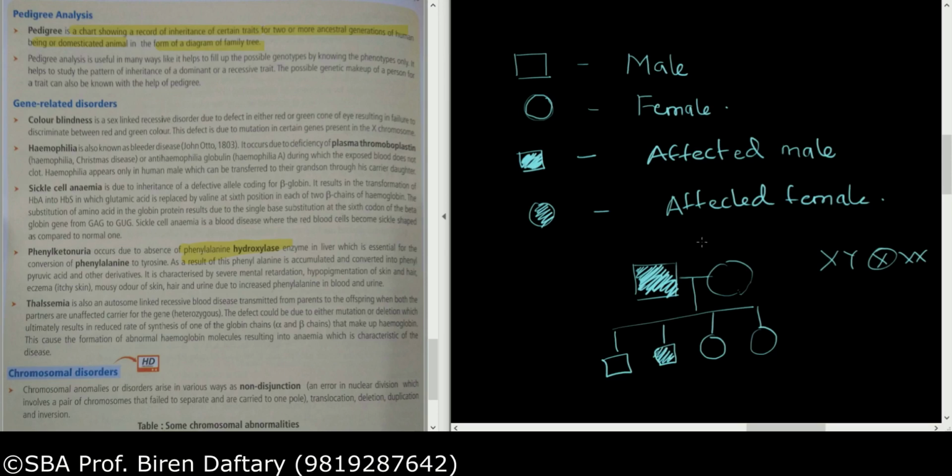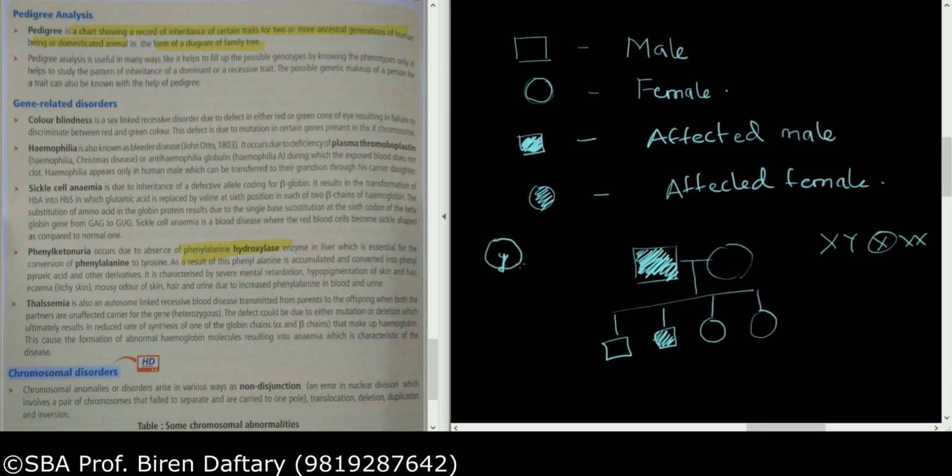Now the next question is, how do you show a carrier in X-linked disease? If you remember, if I want to show a female as a carrier, then normally for a carrier the symbols are: you draw a circle, then draw a small dot inside it, or you can draw a circle and half shade it. So you can use any symbol for a carrier. A carrier can be a circle and a dot. Obviously females are carriers over here, and a circle half shaded.